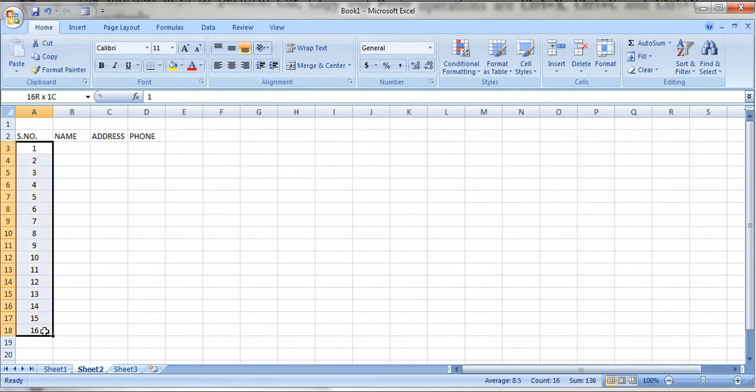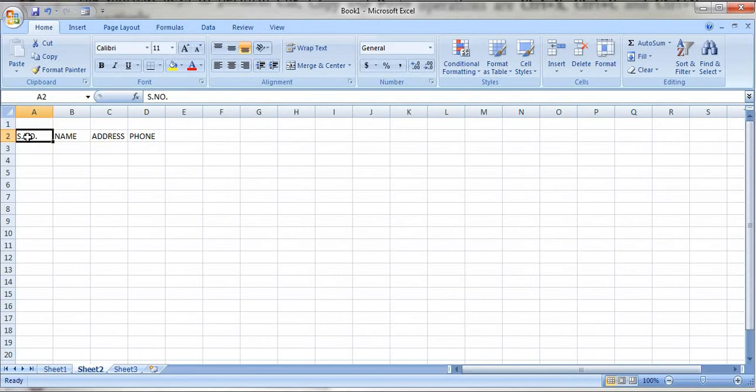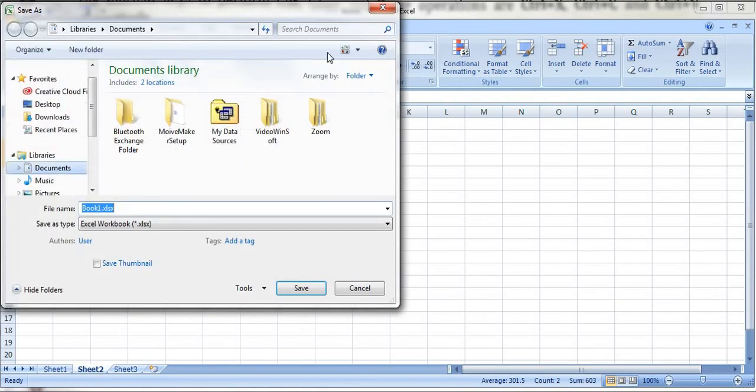In the same way, suppose in place of serial number we have roll number. So here 301, here 302. If you want to continue the series with autofill, then after selecting, from the bottom right corner, drag it.